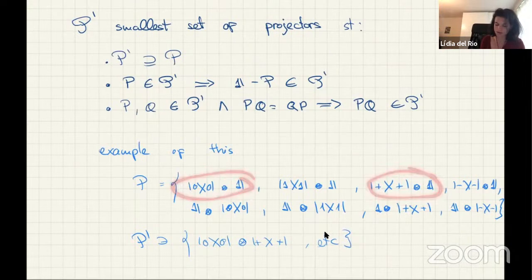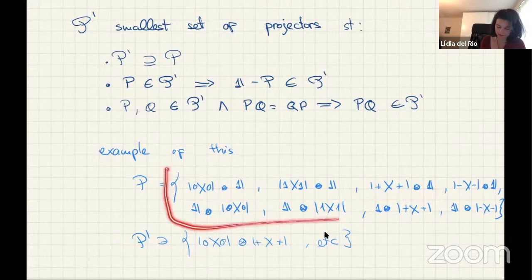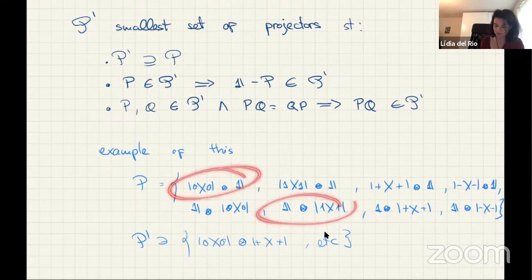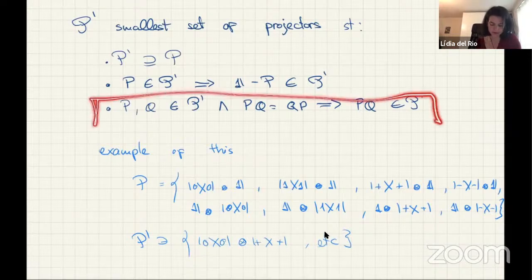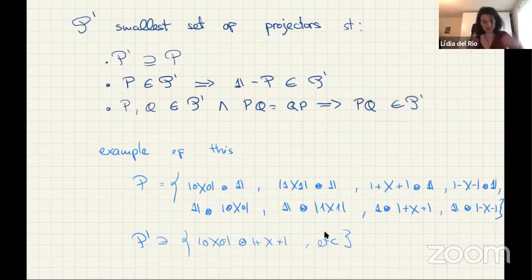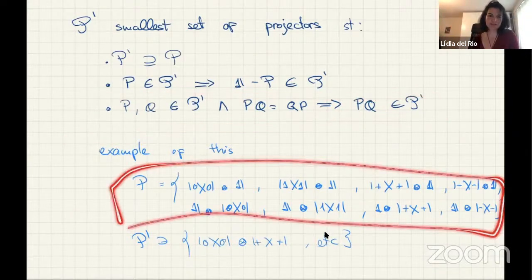So essentially what it does is, if you have an original set of measurements and you just take every two that are compatible and you create a new measurement out of this. Okay, it's just saying if I can do this independently and they commute, then I can do them together, which is the same rule as we have in quantum theory to consider what are compatible measurements, right? So that's what this thing here does. It's just to expand the original set of projectors there. Okay.